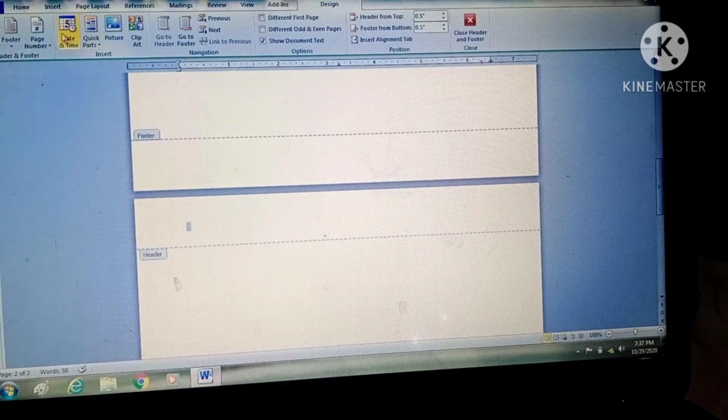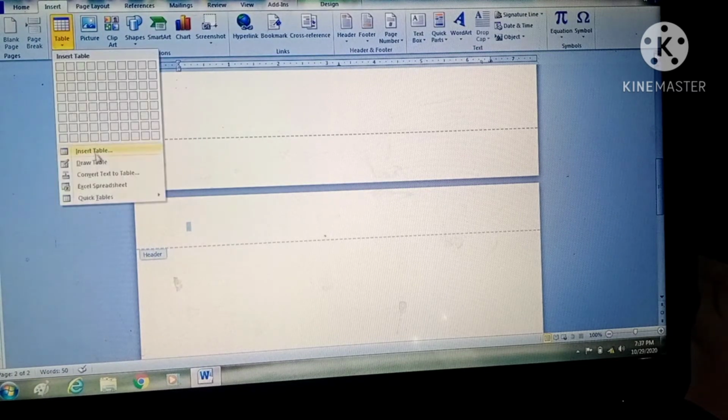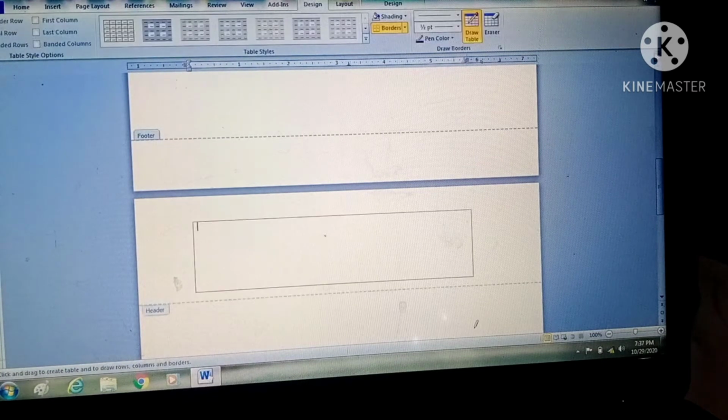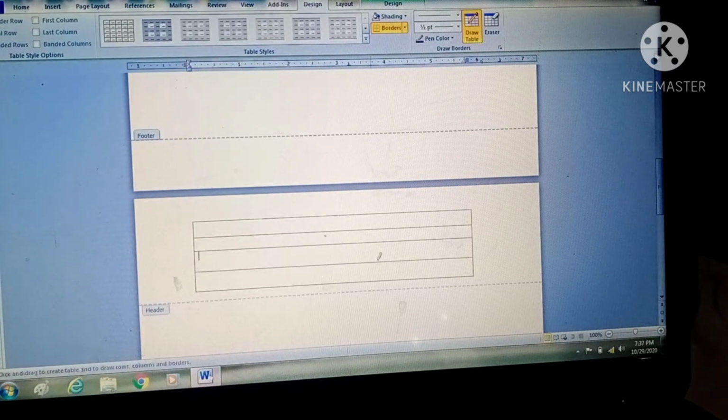Sorry, again I am doing this, Insert, like this one, first row, second row, third row. Now I am making these columns like this. Now I am making these columns. You can see here. This is the third method of how you can insert a table in the Word document.